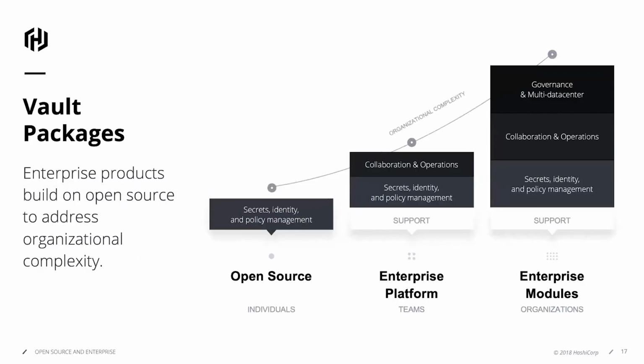So Vault comes in different flavors, and I would say the most popular one is obviously the open source one, which is used by many people globally today. It has many contributors and it's been around for a couple of years. But if you're looking for additional feature sets such as collaboration capabilities, governance, and data replication capabilities that we have put a lot of time into developing for you to be able to use,